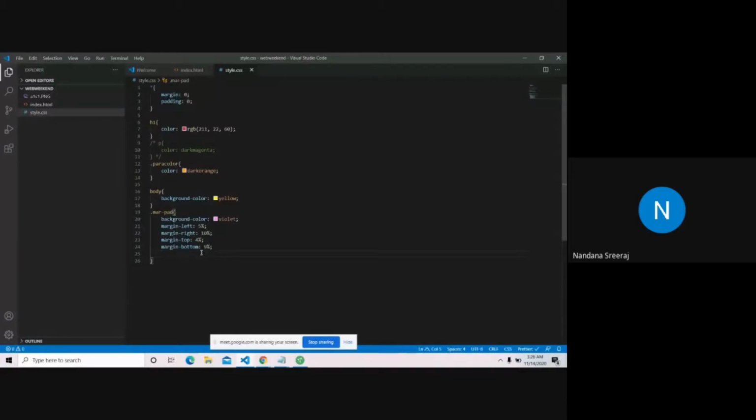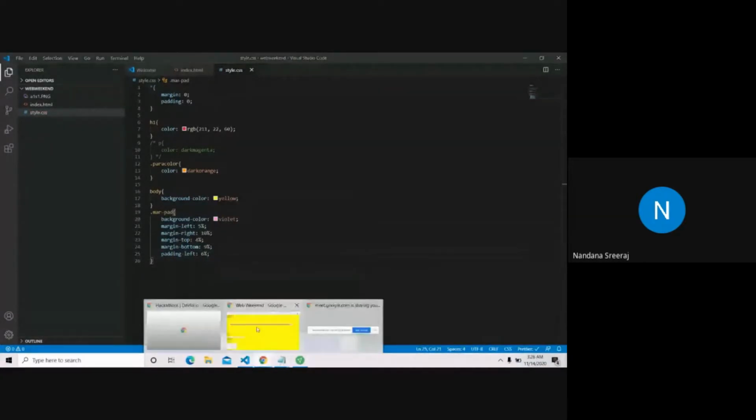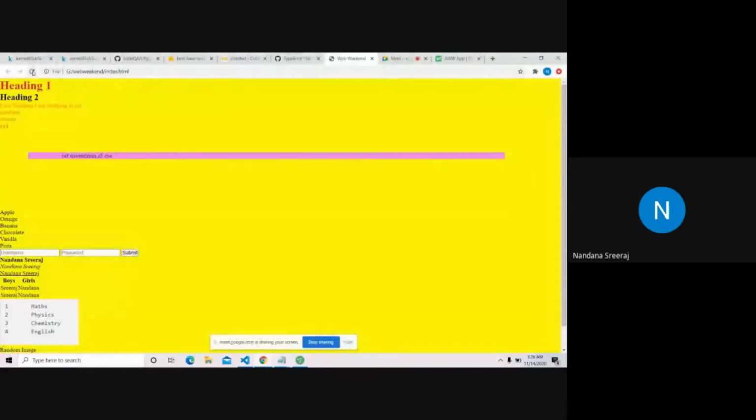And now let's move on to padding. I'll give padding left 6%, and let's see what happened. I've given padding left 6%. See, from the container inside, the distance of the text, this content, is now 6%, okay.